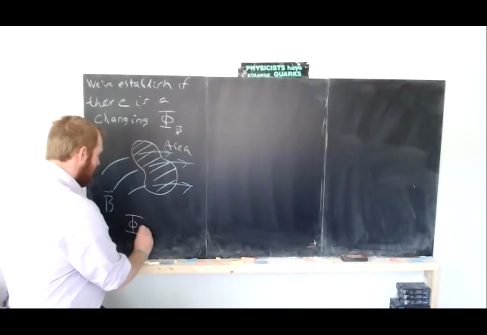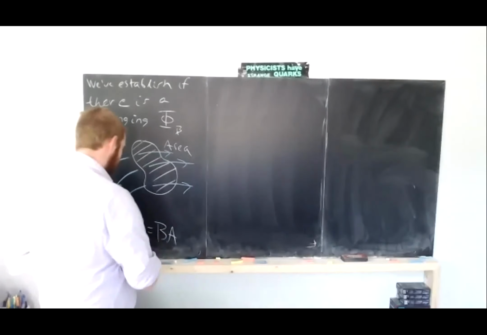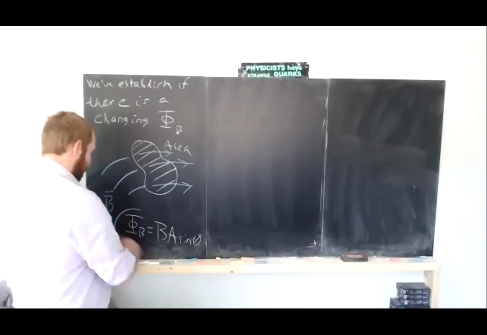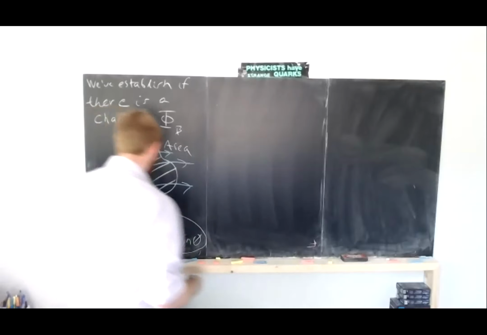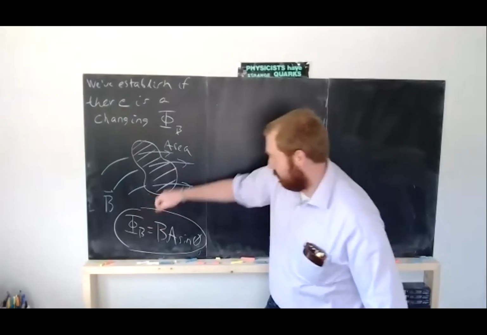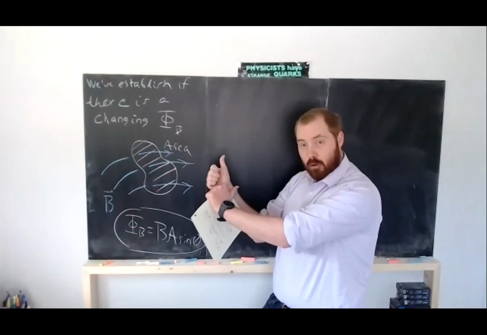So for our purposes, magnetic flux is the product. Should be a sine phi there. Right. For our purposes, magnetic flux is this: take some area, force some magnetic field lines going through it, define